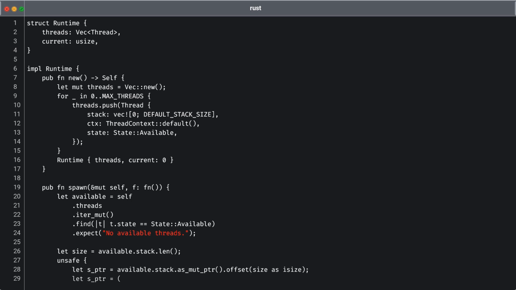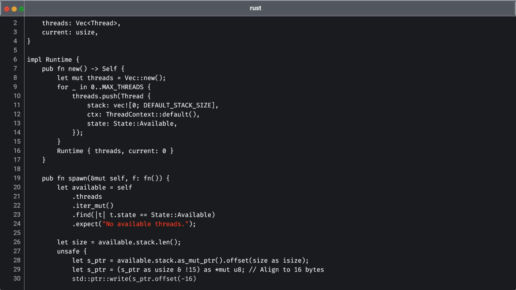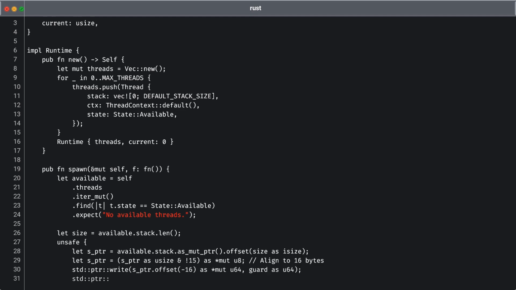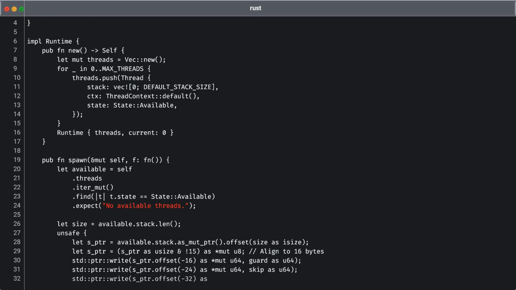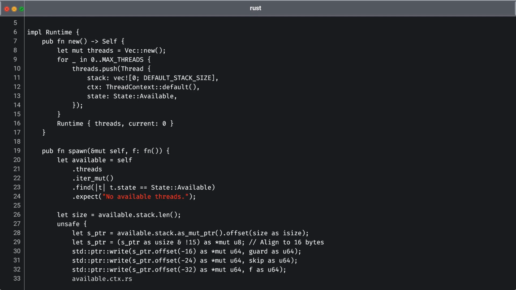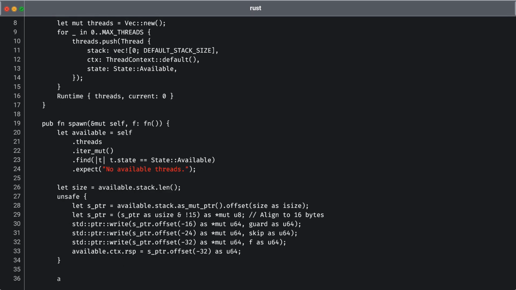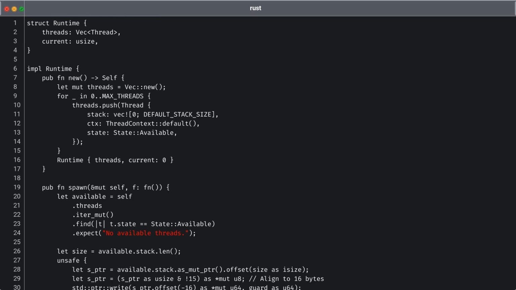making it ready for future execution. We will also develop the spawn method, which is essential for adding new fibers to our runtime. This method searches for an available thread within the thread's vector and prepares its execution context. To ensure the correct alignment of the stack, we employ careful pointer arithmetic and mark the function to be executed. Finally, we transition the thread's state from available to ready, indicating it is prepared to be scheduled. These constructions lay the framework for an efficient fiber scheduling model where the runtime manages the life cycle and context